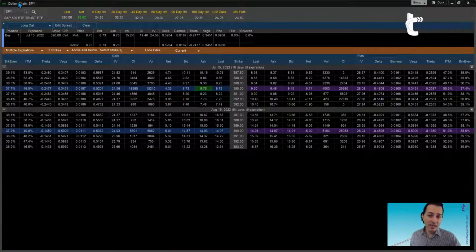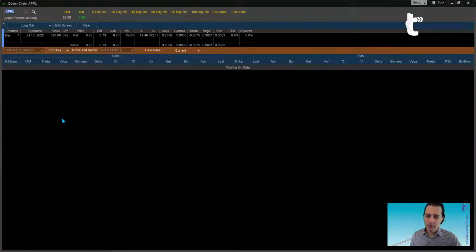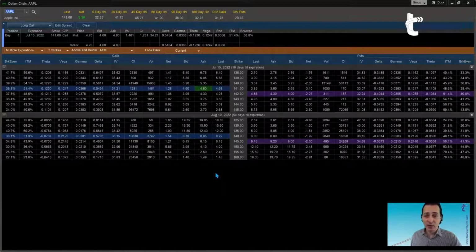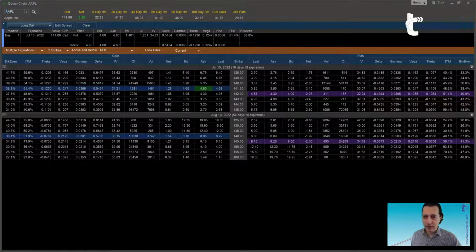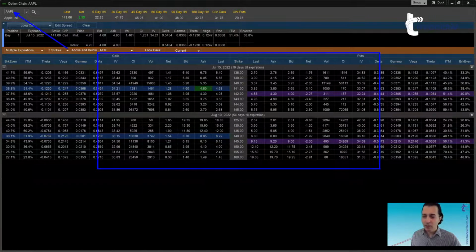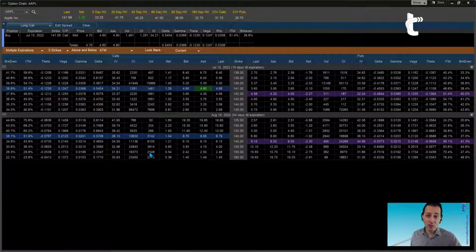So let's pick any name, any stock. For example, I'm gonna type Apple like that. Here we go. So we got Apple stock, and the first thing I would like you to notice is that the moment you type a symbol, like in any other tool in TOP, the information below loads, and everything here in the bottom part of the screen now represents options data that belong to Apple, which is the underlying stock selected on the upper left.